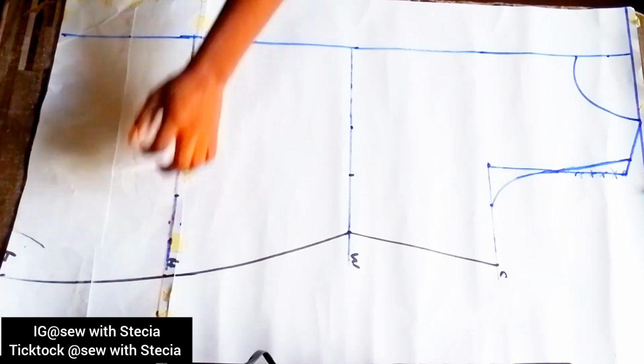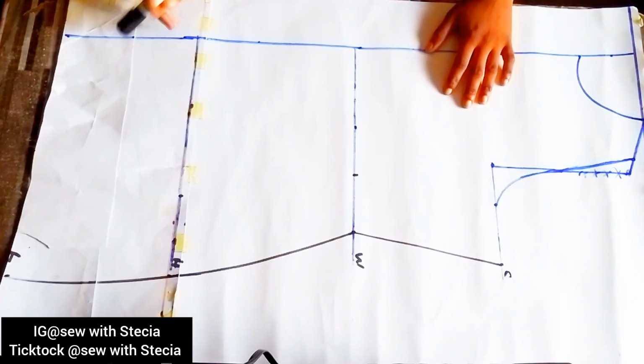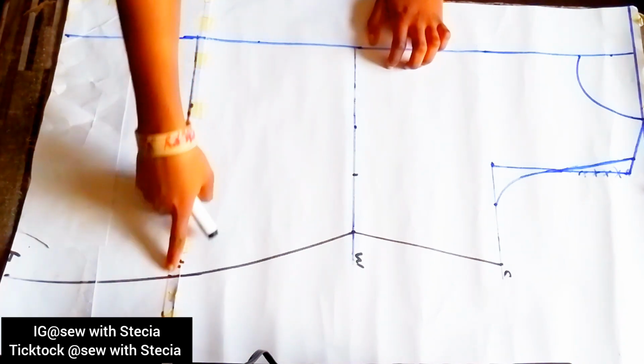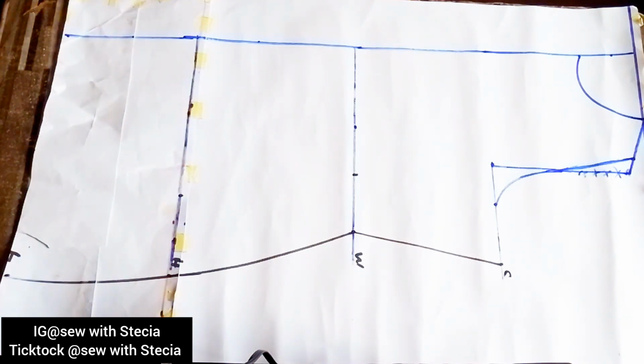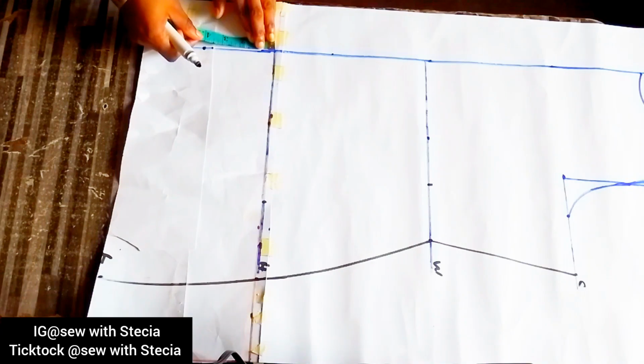So you can see what I have. Okay, so the next thing we'll be doing now is to work on our crotch. Okay, so you come to your hip line, okay, and then you come down by 4 inches,